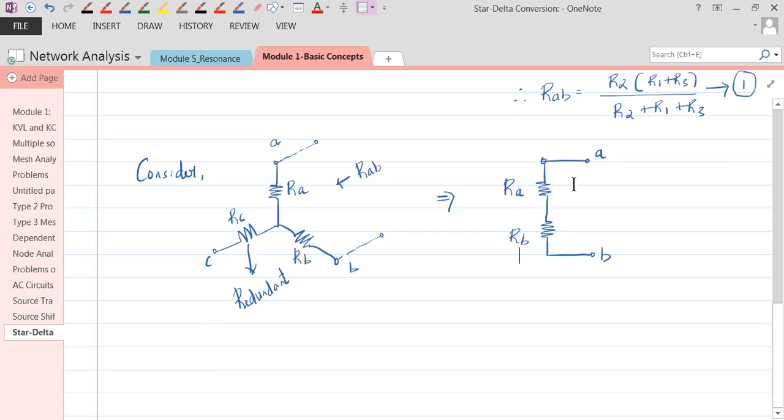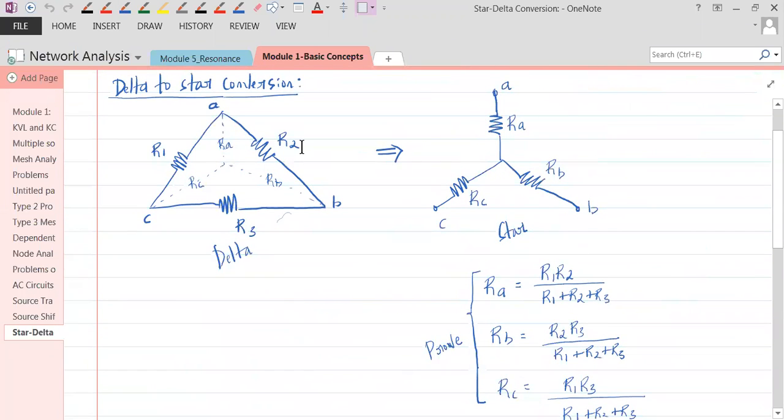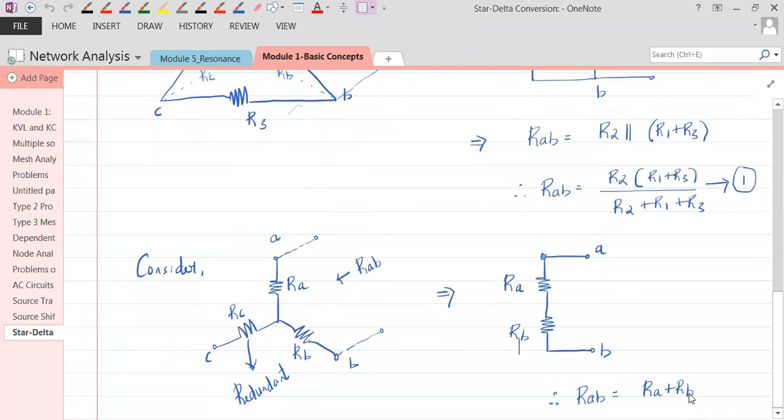So from star, RAB is equal to RA plus RB. Is this okay with you, everybody? Since delta and star are equivalents,